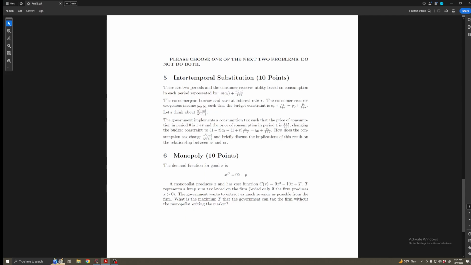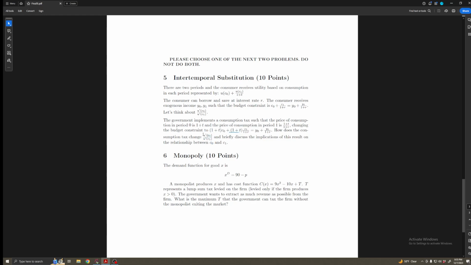All right, let's work through number 5 now. So number 5 is a question about intertemporal substitution, which is a concept we'll talk about tomorrow in class on Friday. This problem throws a little twist into the classic intertemporal optimization problem. I'll walk you through the canonical intertemporal consumption, utility maximization problem, and then we'll see how this additional tax that's added into the cost of consumption won't affect the